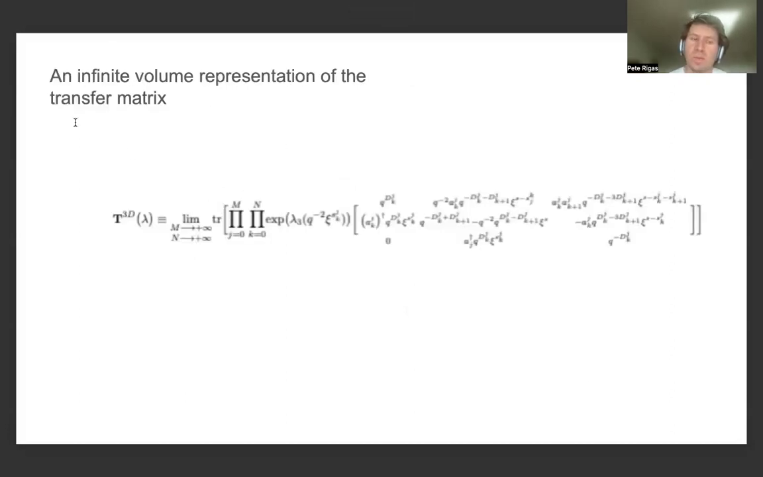And we had also provided an expression for an infinite volume representation of the transfer matrix, which is given by the fact that we can look at the three-dimensional weak infinite volume limit of the transfer matrix by taking the limit as big M goes to positive infinity and big N goes to positive infinity, and we're taking a trace of a product of L operators, like the reformulated L operator that we had adapted from the reference that